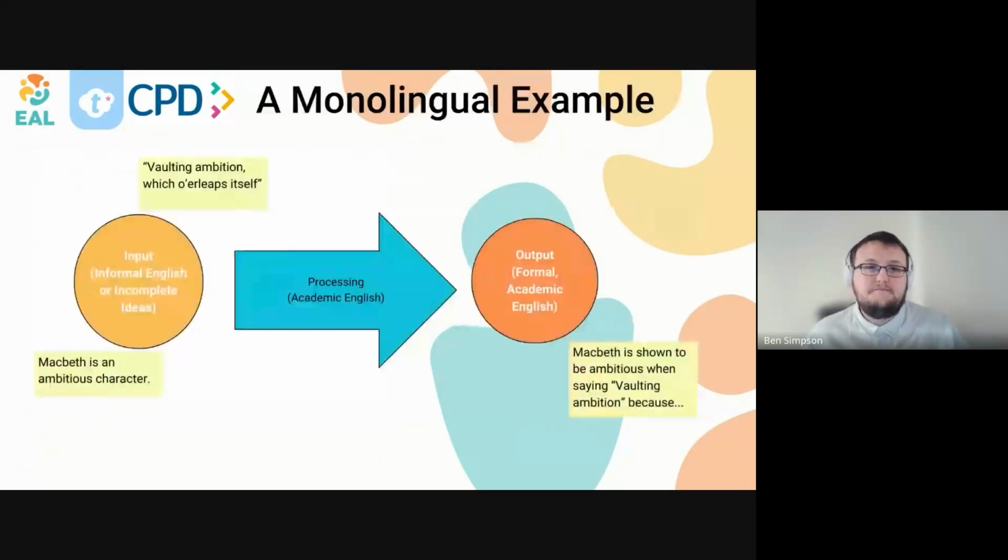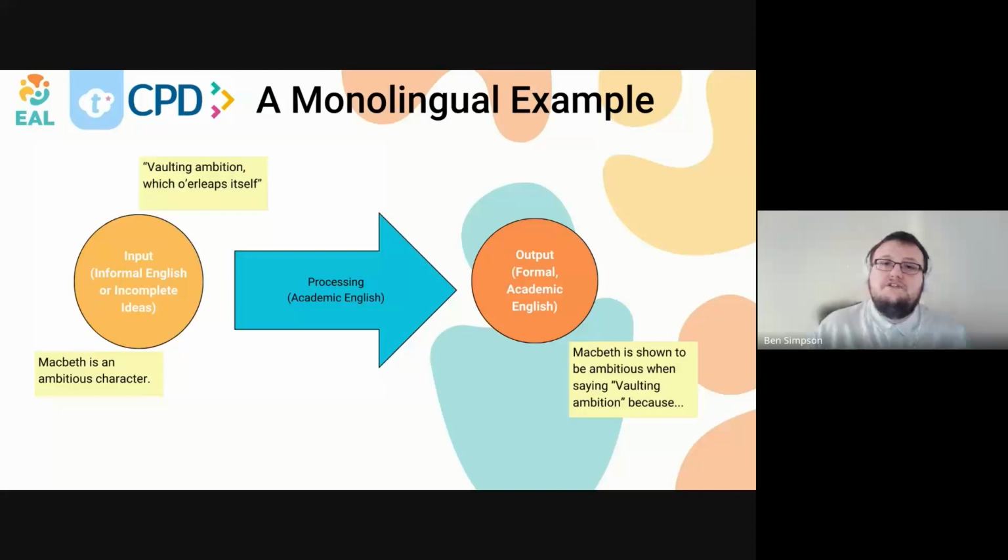Perfect. So I know a lot of classes, there may be only one multilingual speaker, or there might be only one EAL learner. So it's a bit difficult to really target a home language. But I want us to think about it as well in a monolingual sense. So I believe this concept could be applied to monolingual speakers when we look at language as a form of system, or a system of expression.